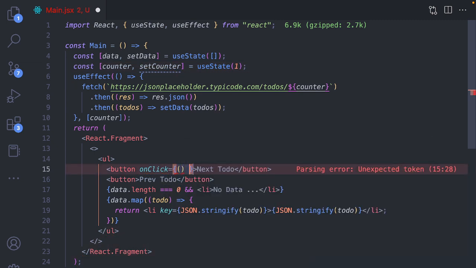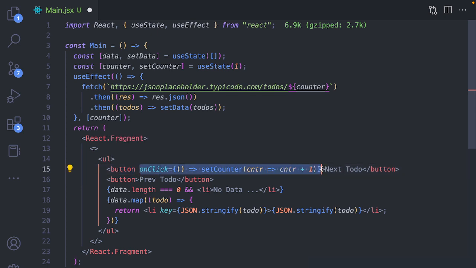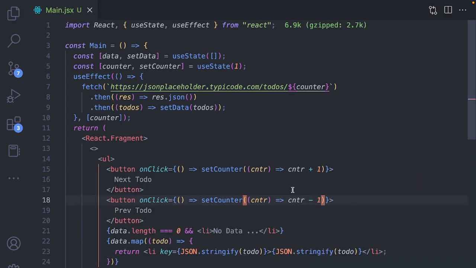now I wanna set the counter. I have some counter value inside this, let's say CNTR, and I want to have the CNTR plus 1. The same thing can be done on the previous counter as well. If I do something like this and try to decrement 1 from this, let's hit save. And if we go to our React tab,